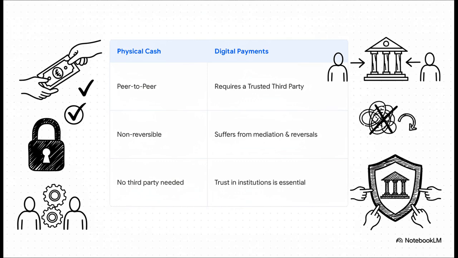Think about it. If I have a $20 bill and I hand it to you, that's it. It's simple. You have it now and I don't. The transaction is done. But online, totally different ballgame. We've always needed a bank or a PayPal to act as a trusted third party, to keep a central ledger and make sure I don't send the same digital $20 to you and then turn around and send the exact same file to somebody else.